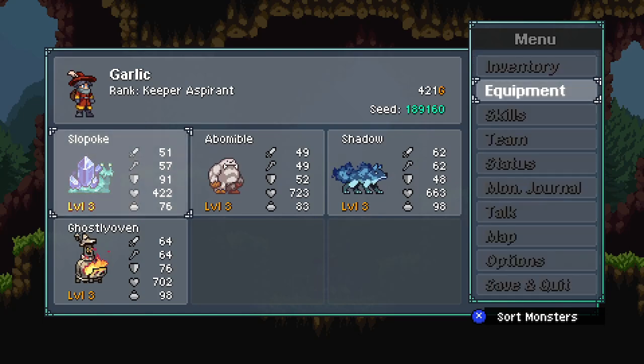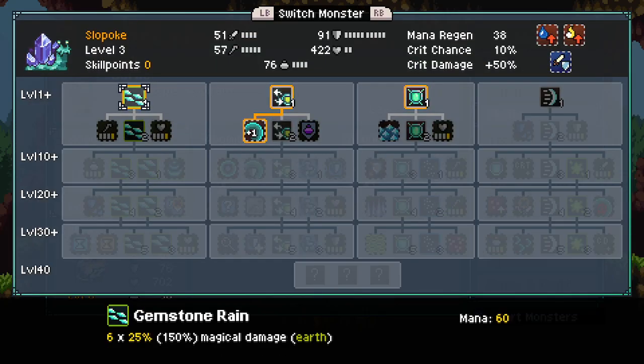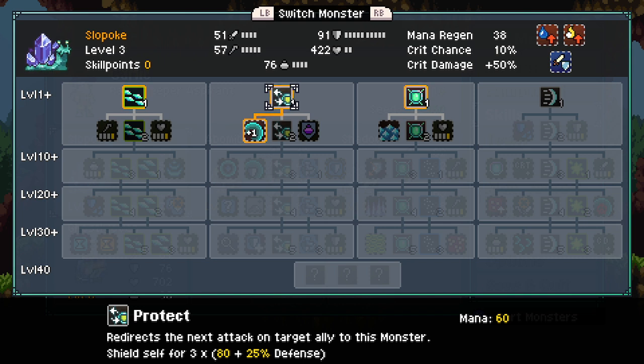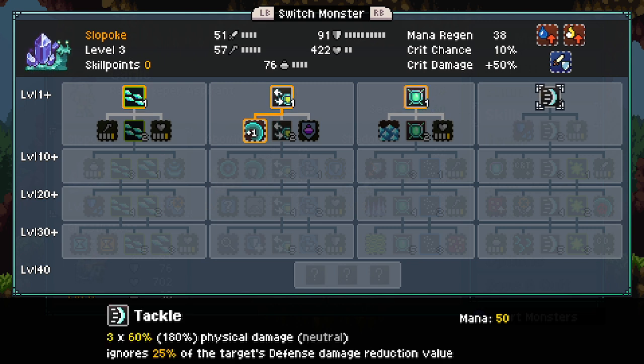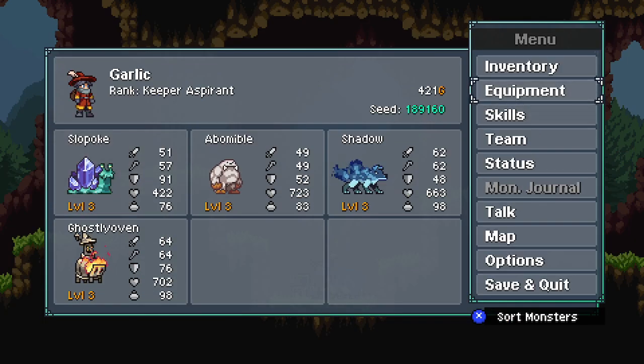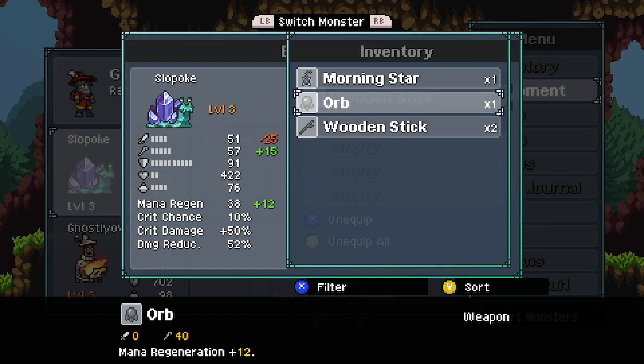Okay, so if we go to equipment for him, I believe most of his attacks and everything are magic. This one is based on defense. This is based on defense. So if we're going to be a good shielder, we're going to want defense for this character. Oh, he has a mix of physical attacks and magical attacks. So we're probably going to want to give him something that has both. But right now, I think we are going to go with...